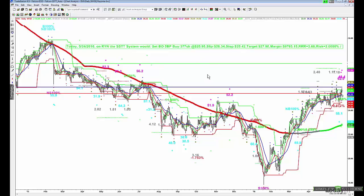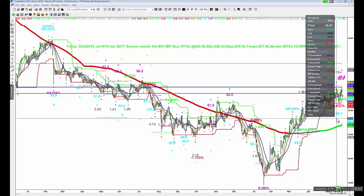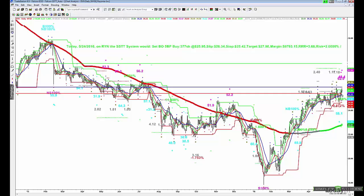Next we have RYN, another breakout trade going long. Entry is above the resistance level, and it's a few cents above this high on May the 16th. If you have a $10,000 account, you can set this up for 377 shares. We have an entry of $25.96. Max slip is just $26.34. Stop's going to be $25.42. We have a target of $27.90. And this one has a risk-reward ratio of 3.68. We like to take advantage of that higher risk-reward ratio, and so you can risk up to 2% on this